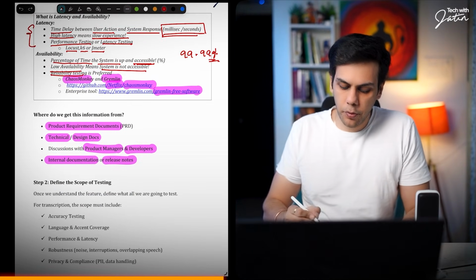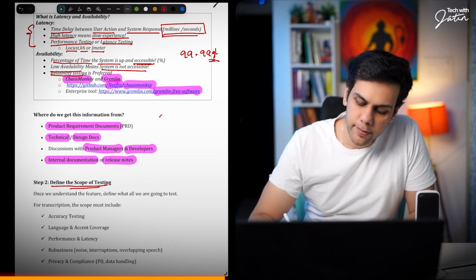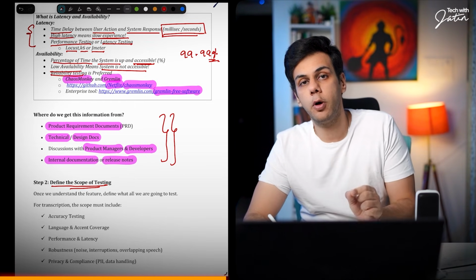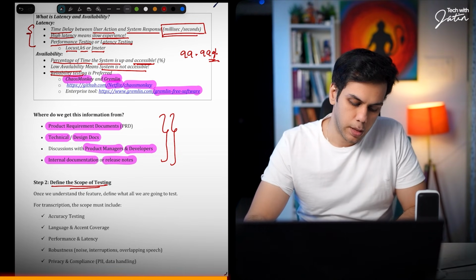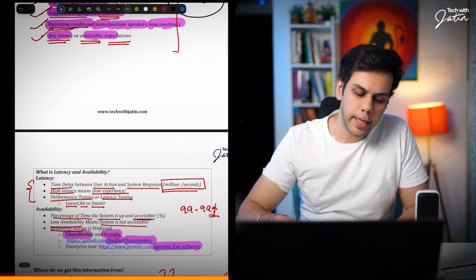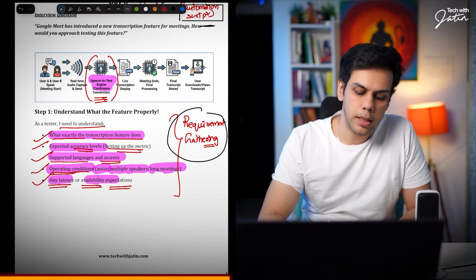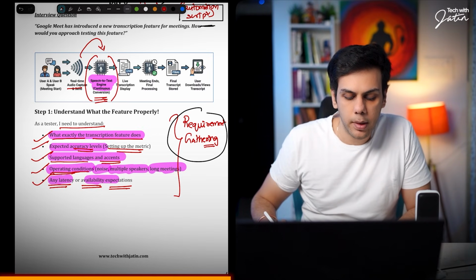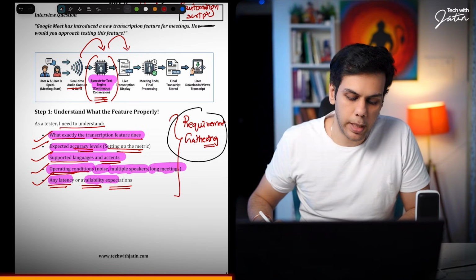Now the next thing, guys, we will be defining the scope of testing. Once we have gone through all these documents and the proper requirement gathering phase, we will define the scope of testing. Now, what are we trying to test over here? We are trying to test the speech to text engine, because the real-time audio capture is going to be sent to this particular component, and this component is going to create the live transcript display.